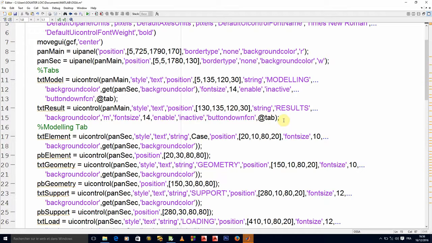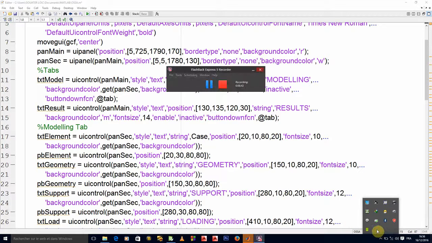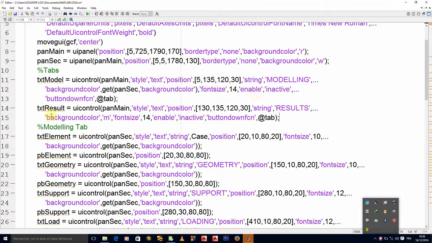So to distinguish the text, because they have the same button down function, I'll need to separate them somehow. I'll need to know where exactly I've clicked on model, and when exactly I've clicked on results. So to distinguish them, I'll say to click on model, I'll give model the tag property of 1. I could even give it the user data property of 1, just a property that distinguishes one from the other, that's all. And this one, I'll give it the tag property of 2.